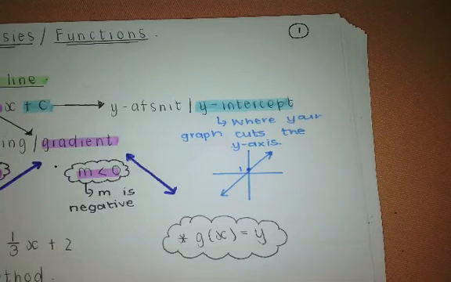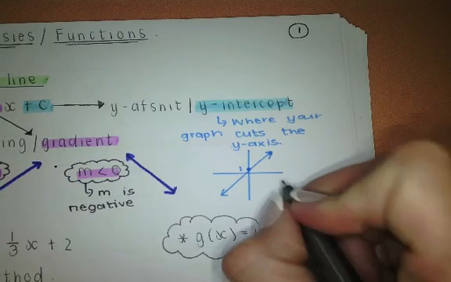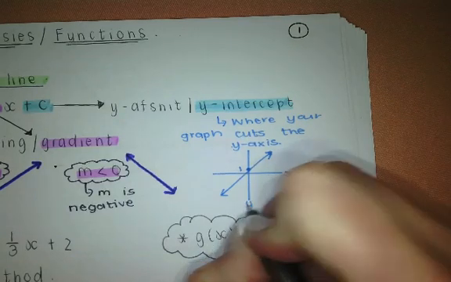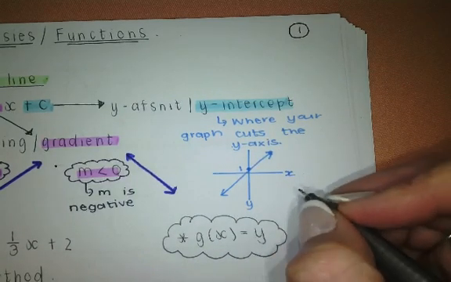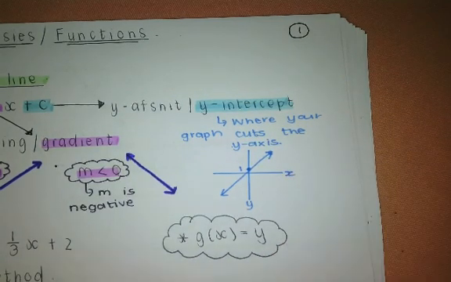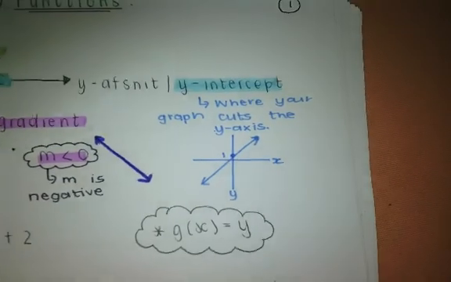Okay, so can you see it's going to cut my y-axis? You know what a y and x-axis is, eh? Okay, this is your x-axis, that's your y-axis. So y-intercept is where your graph is going to cut your y-axis. Okay, so if this graph is cutting the y-axis at 1,